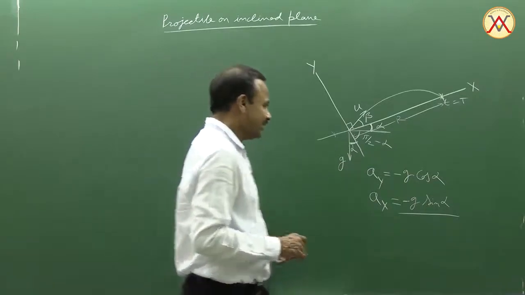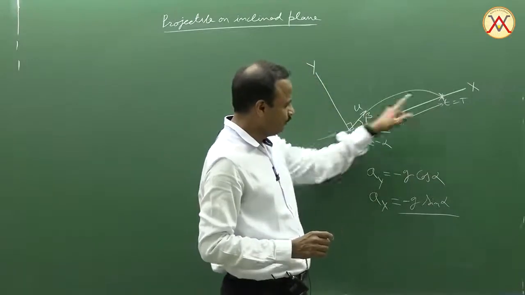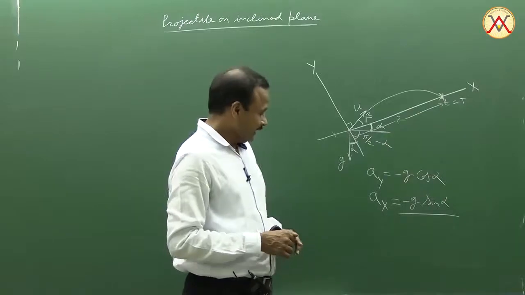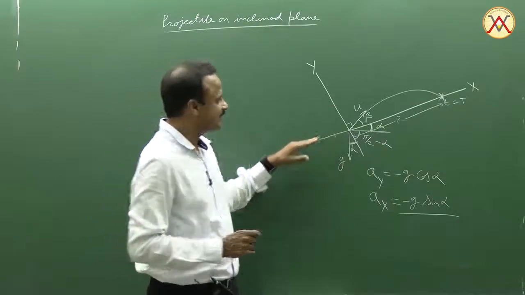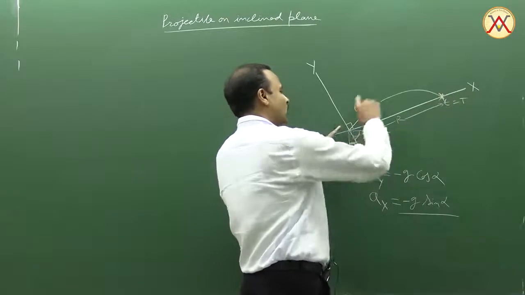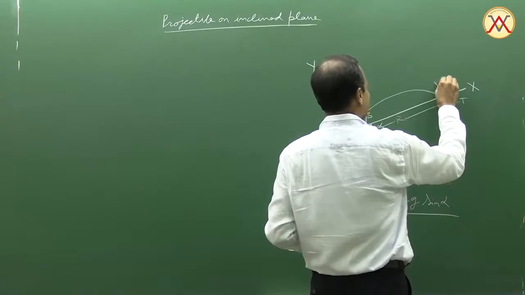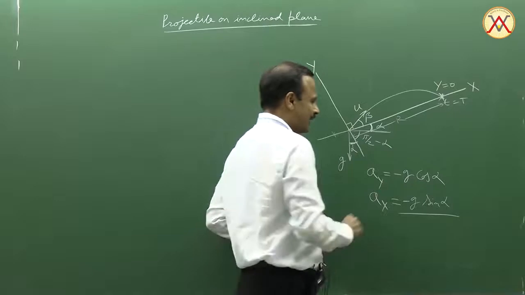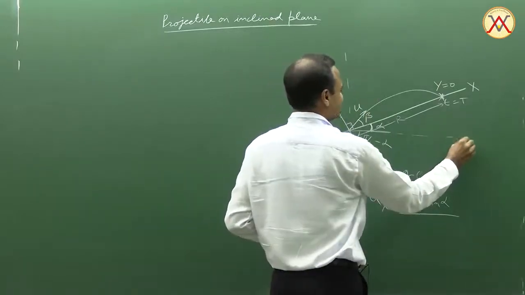Now if we have to find the time of flight, that means the moment the particle hits this inclined plane, the advantage of this coordinate system is that we can simply say that this point is on the x-axis, so the capital Y coordinate here is 0. Had we taken our horizontal and vertical coordinate systems, the usual ones x and y,